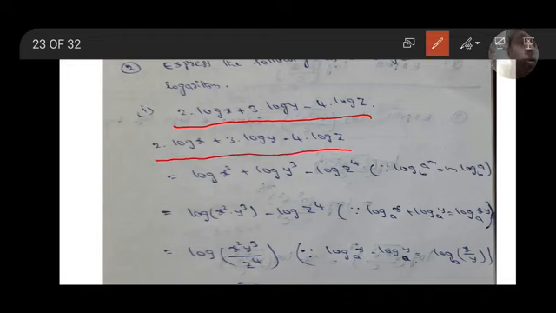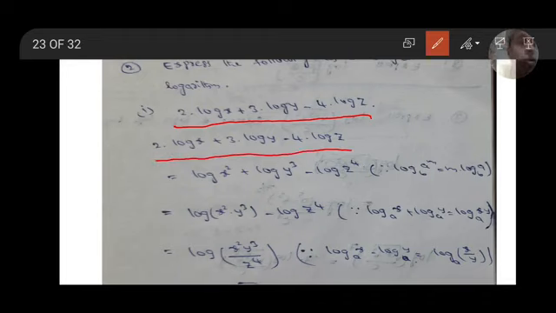And what is the answer? Here a plus b and a plus b whole square will cancel, and a minus b will cancel. We get, what is the answer? Log of a plus b. Okay, log of a plus b is the answer. A minus b will cancel. For a plus b whole square, square will cancel, denominator a plus b will cancel. We get log of a plus b is the answer.